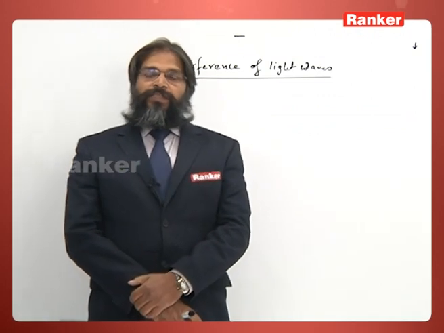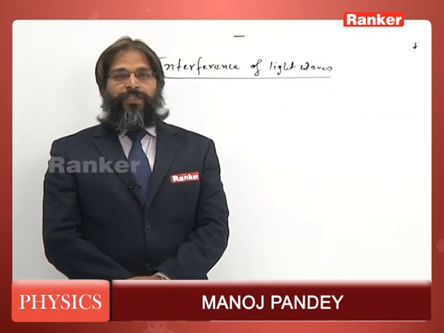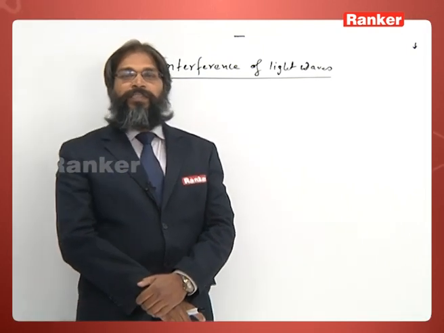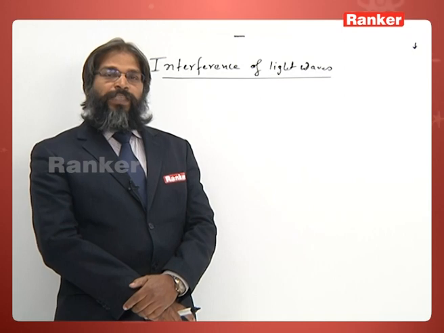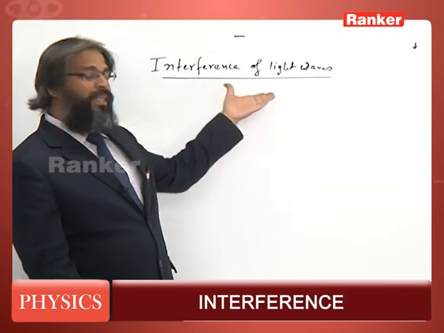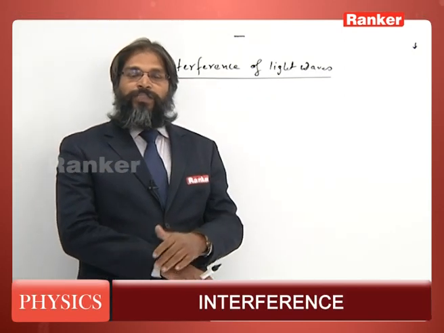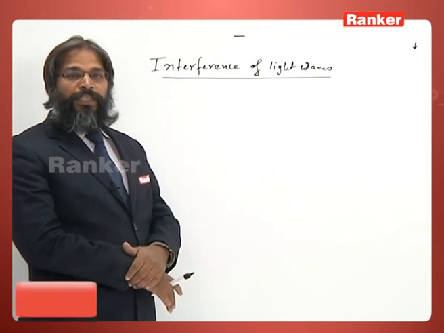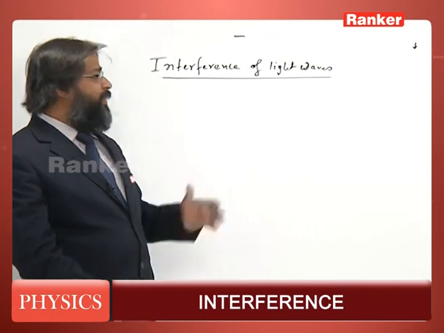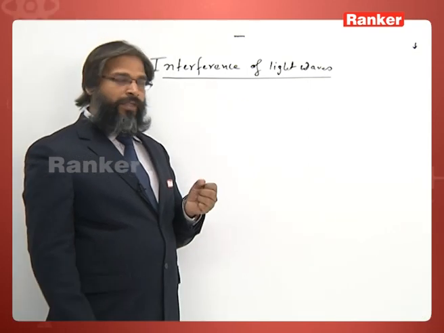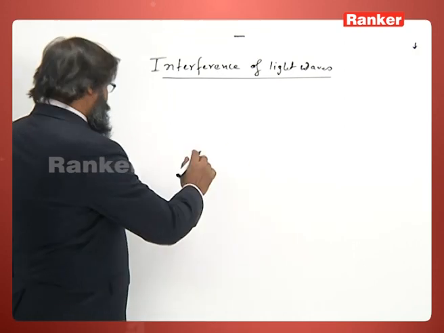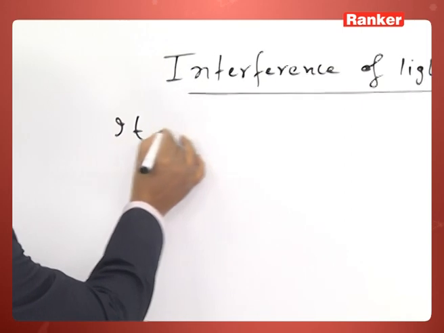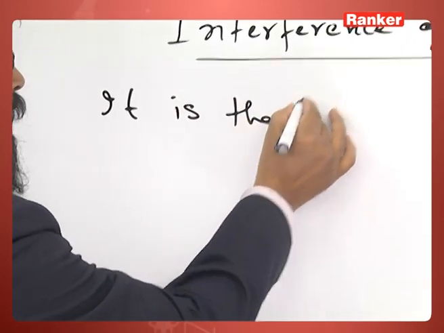So, in the previous class, we have seen Huygens wave theory, Huygens principle and modification of Huygens principle by Fresnel. Fresnel introduced the idea of interference of light waves, according to which the secondary wavelets interfere and in this way the wave propagates. So, we will see first here what is interference of light waves. So, interference of light waves means it is the phenomenon